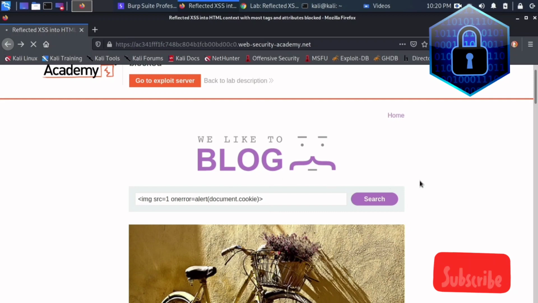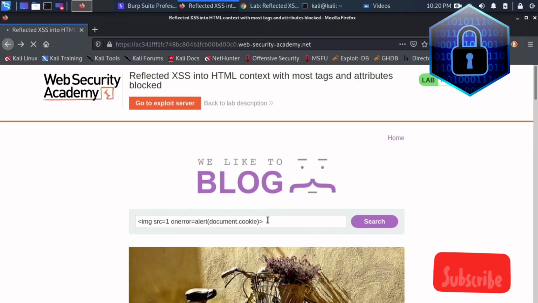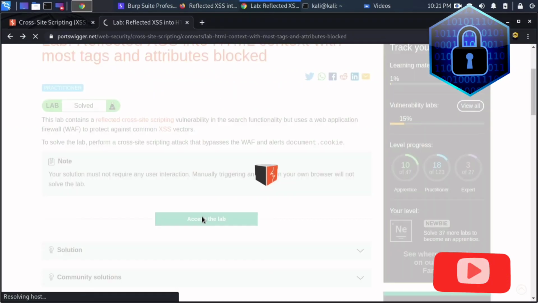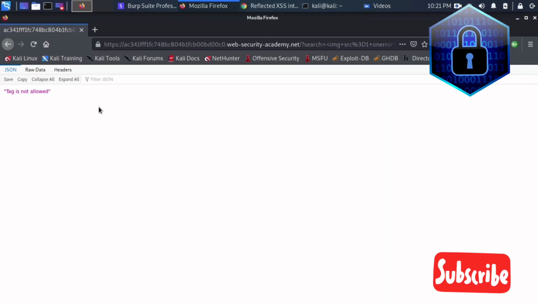I think we will not get the pop-up. Okay, I'll just enter here and show you. You see, tags are not allowed, it is showing.